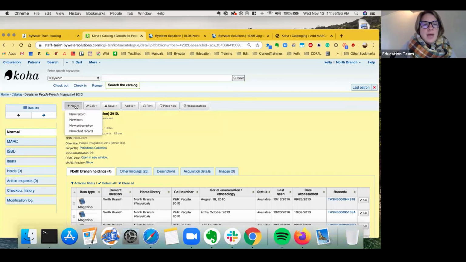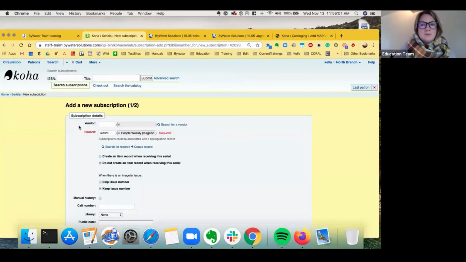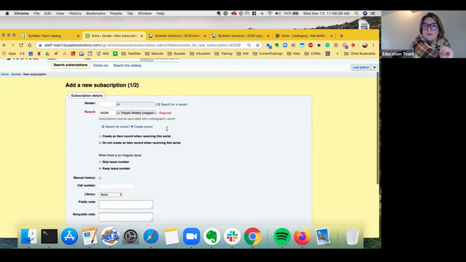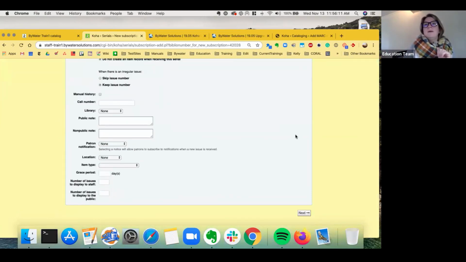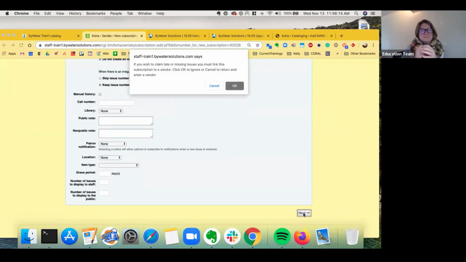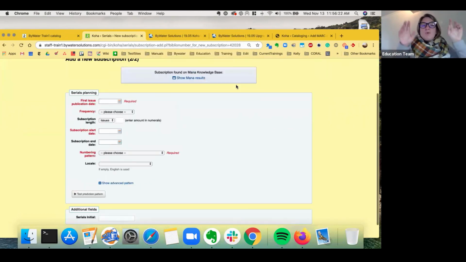So let's go ahead, grab a continuing resource, and add a subscription. When we're here, this is all library-specific information. This has nothing to do with Mana. This is just your library's call numbers, etc. Now, next page. When you go to the serials planning, the second page, it will say,